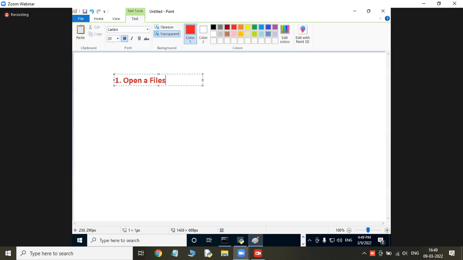Those who heard about files, or who don't have any knowledge of files: what is the definition of a file? Don't hold back when I ask this question about your knowledge. What is the definition of a file?